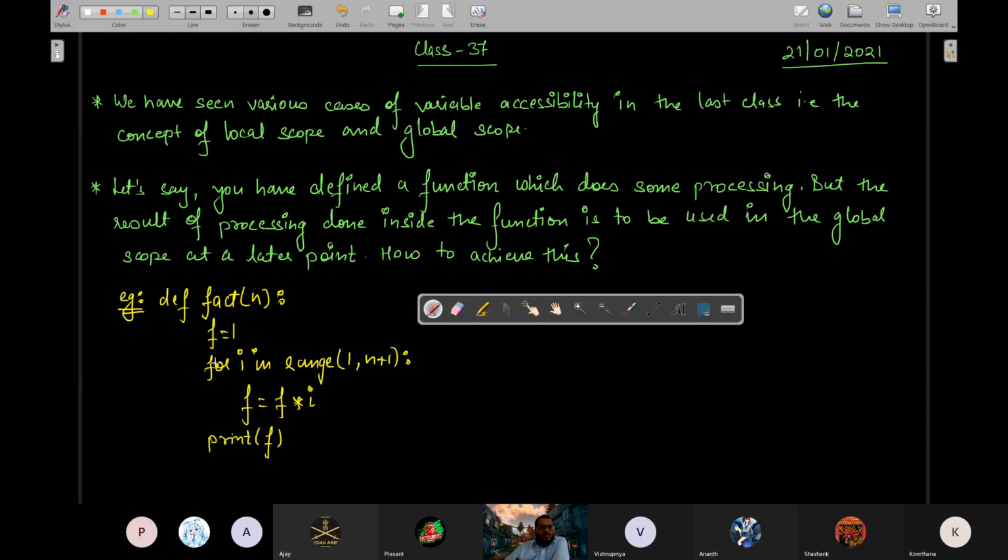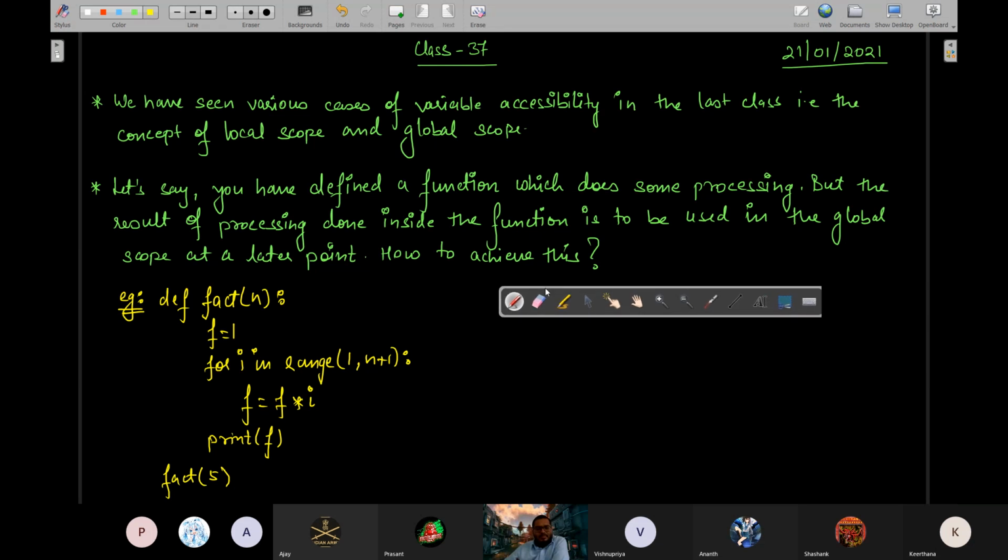But now this program is fully capable of printing the factorial. Let's say I say fact of 5. Okay, so what will happen? This portion, starting from the definition or the header of the function. Okay, let me label a few things here.